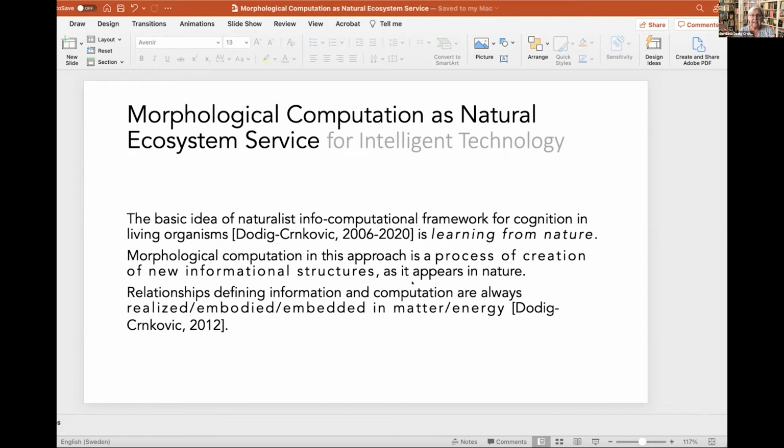What we really need to do in the future is to radically, dramatically reduce the consumption of both energy and material resources for our computation. And a good way is to learn from nature how it is possible to compute with minimum resources, with minimum energy, in an intrinsic way. So we use something that is anyway happening in nature, like reservoir computing, and use it for our purposes, to interpret it as something that is interesting for us.